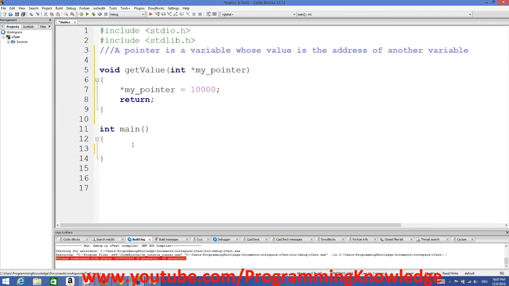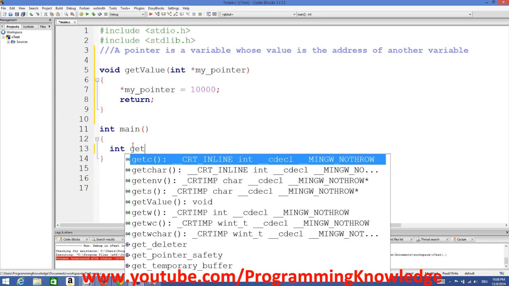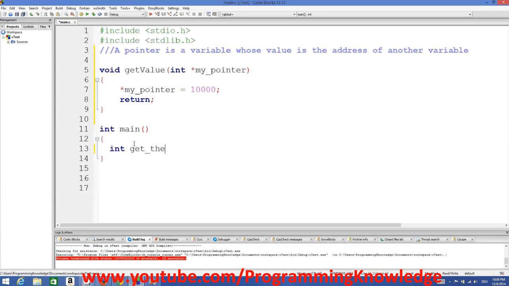Now in order to use this getValue function in our main, first of all we will declare a variable, for example int getTheValue, and we are not initializing it, just consider this, because we will store at the address of this variable this value, right? So let's see how we can do this. So we will just call the getValue function,